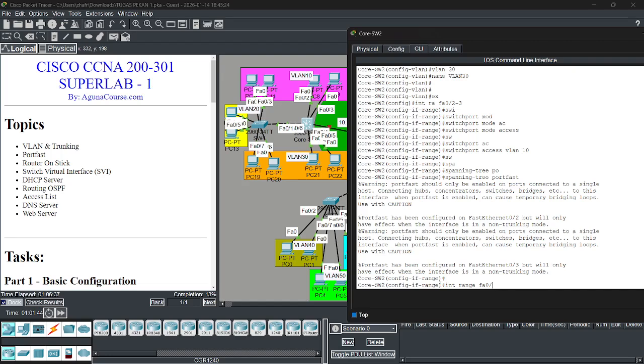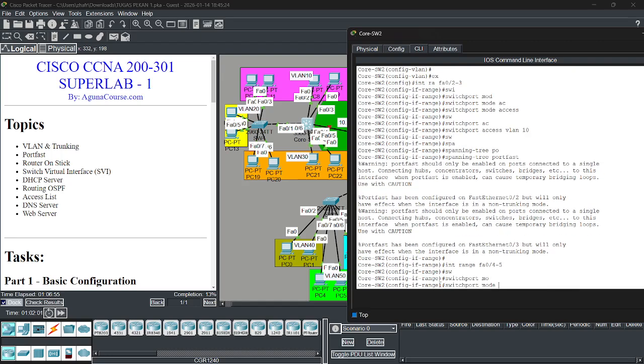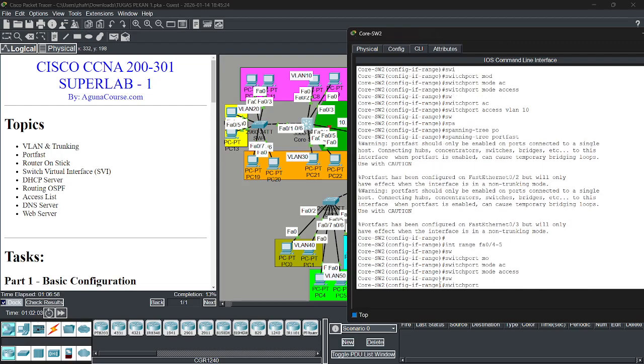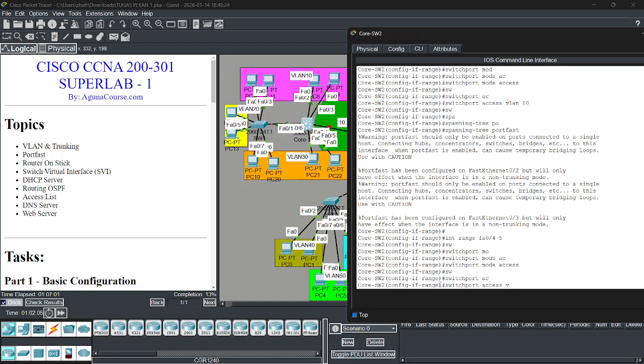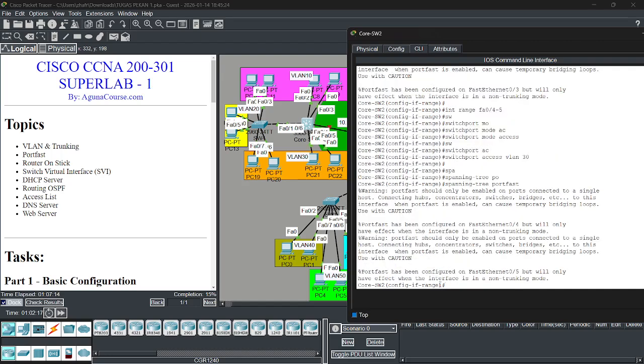Yeah, 4-5, right? 4-5, and then switchport mode access, VLAN 30, and then spanning-tree portfast.